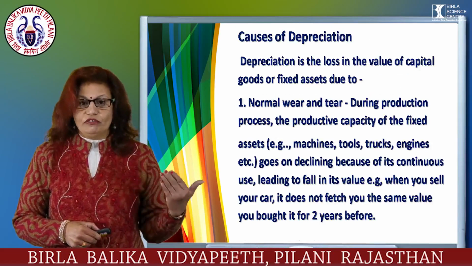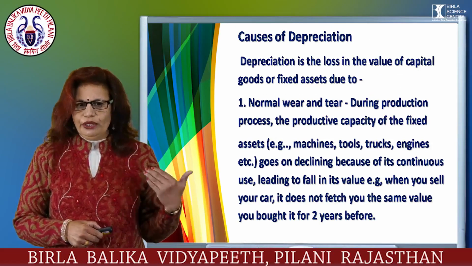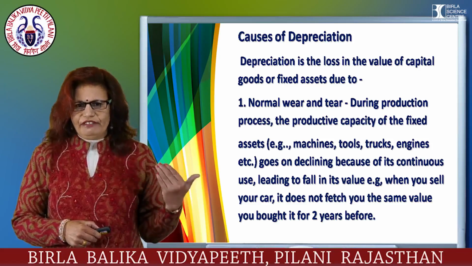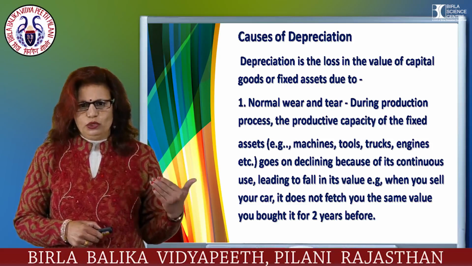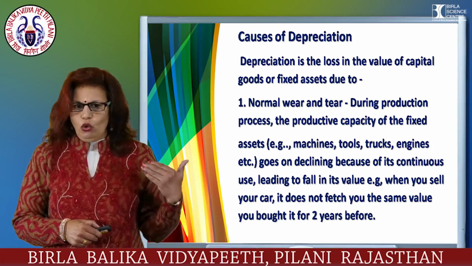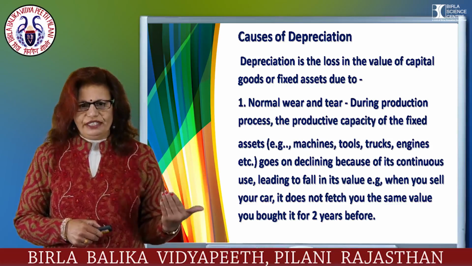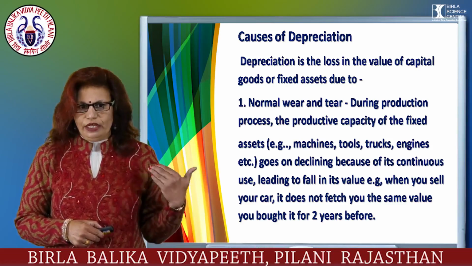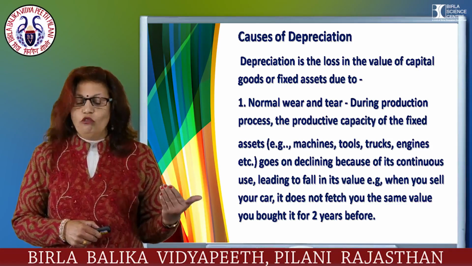Now what are the causes of depreciation? First is normal wear and tear. During the production process, the productive capacity of fixed assets, for example, machines, tools, trucks, engines, etc., goes on declining because of continuous use, leading to fall in its value. Example, when you sell your car, it does not fetch you the same value you bought it for 2 years